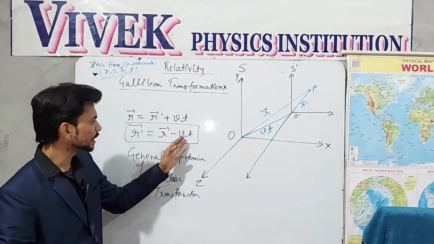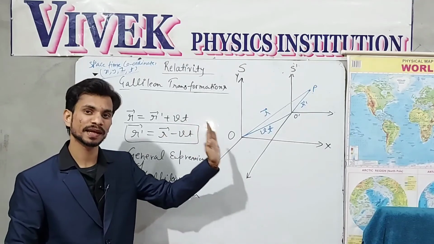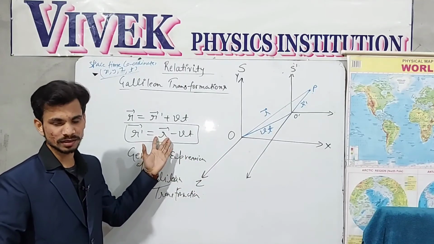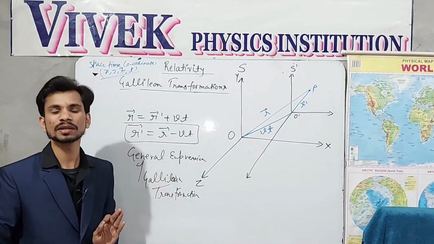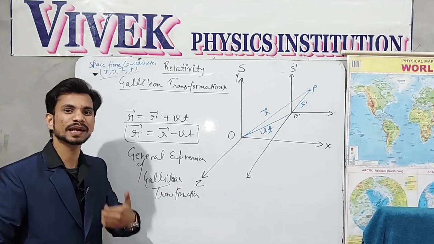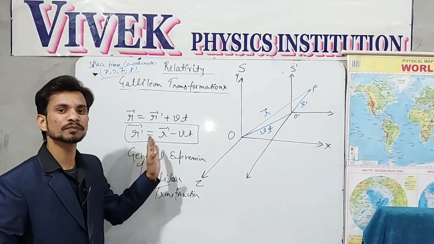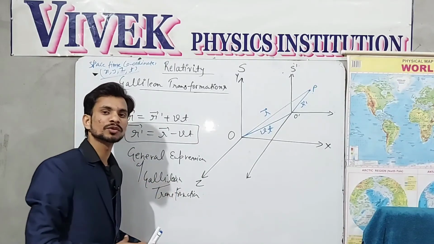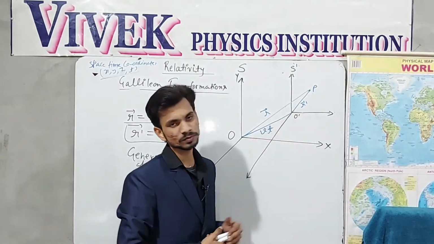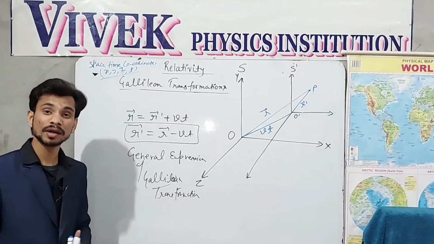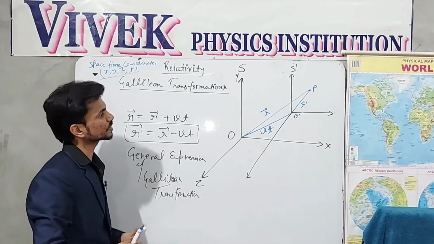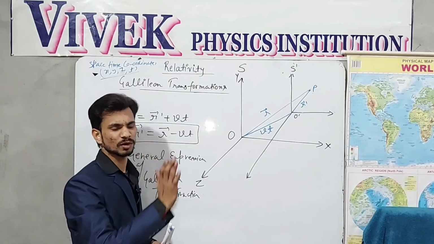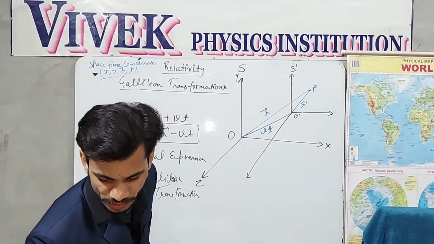Okay, here Vt is nothing but the distance separated by the frame of reference S dash, which is moving with velocity v with respect to frame of reference S, which is at rest, and vector R is nothing but the position vector of the particle P or phenomenon P or event P with respect to the first frame of reference which is at rest, and R dash is the position vector of particle P from the kind of frame of reference into which you are comparing the generalized coordinates or coordinates of the particle P. So this is how the Galilean transformations work to relate the coordinates of particle P observed from one system to another. Okay, now let us discuss one more thing here also,